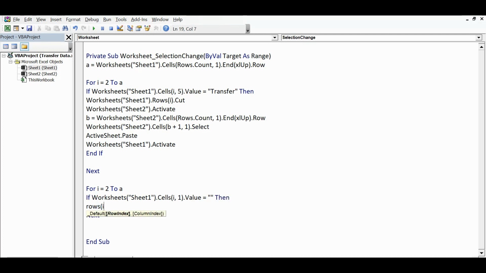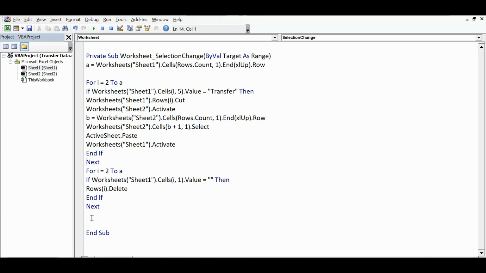Rows I dot Delete, and End If. So this code will remove all the blank rows from Sheet1 also.